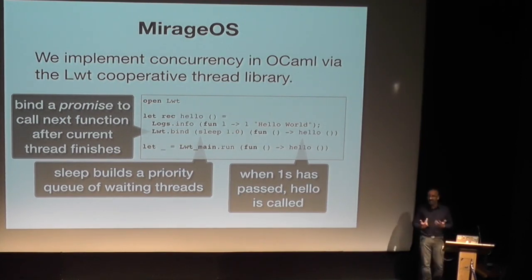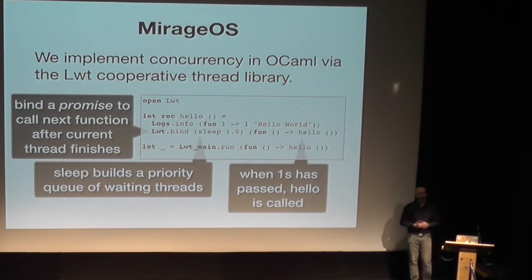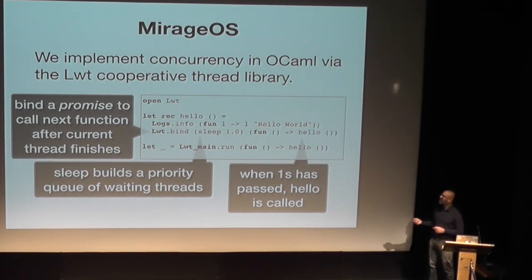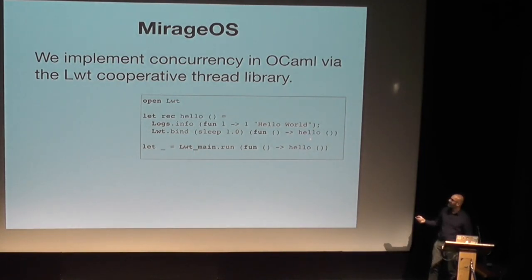If you've done any JavaScript and Node.js programming, they should be very familiar. They're the kind of callback style of programming, which is very common in reactive systems. Except that instead of writing callbacks manually, we can use these promises to abstract away within a language all of the sequencing of concurrency. And so in this one, something in the outside world will take care of sleeping for a second, and then later on, it will call hello. This is a slightly awkward way to write things.